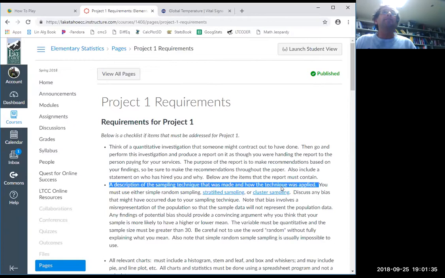Your population could be, for example, all California community college students. It could be all people who live in South Lake Tahoe. It could be all people who live in California, okay? More likely than all people who live in California, it would be all adults. So I wanna warn you, I don't think it says it here, but a warning, don't survey children.